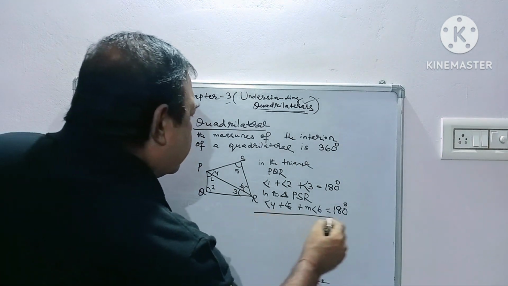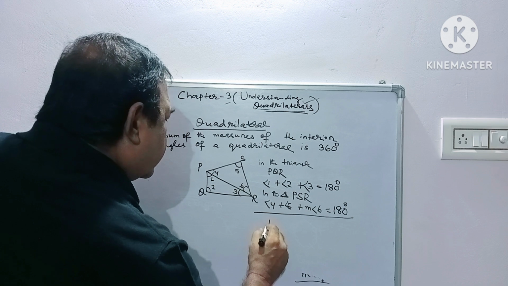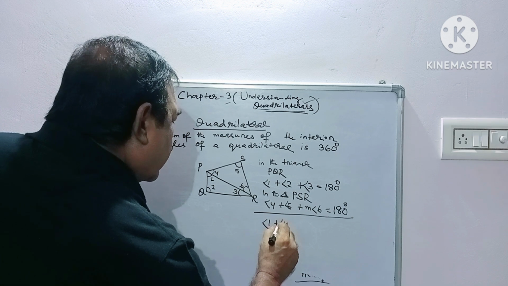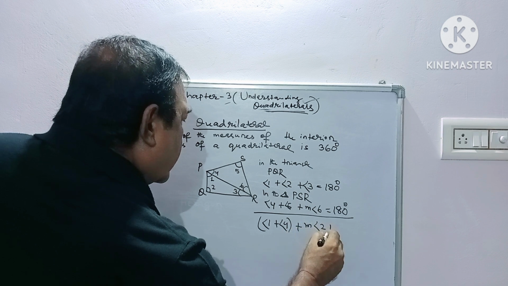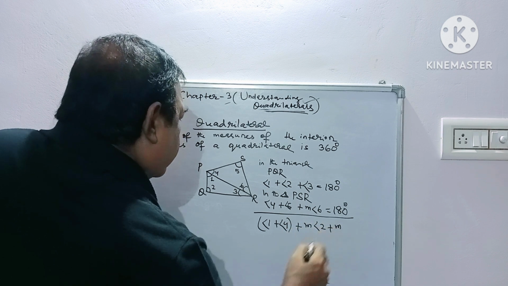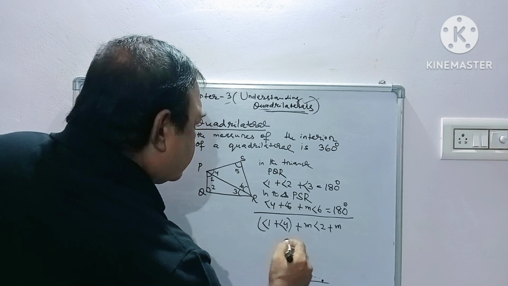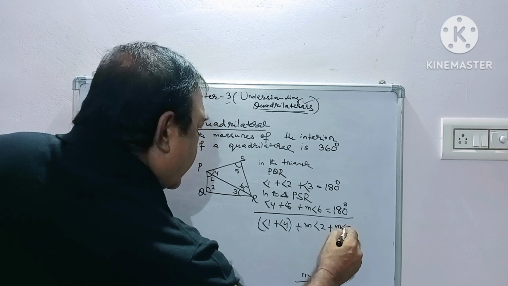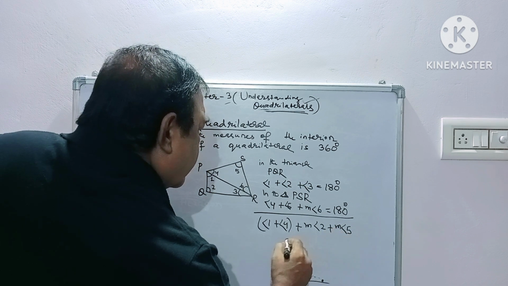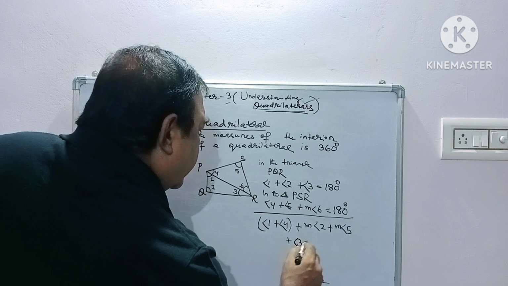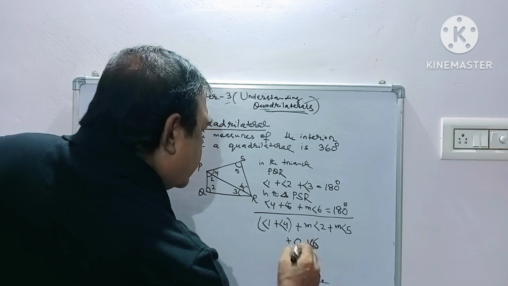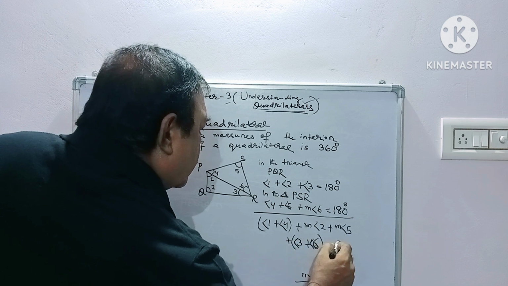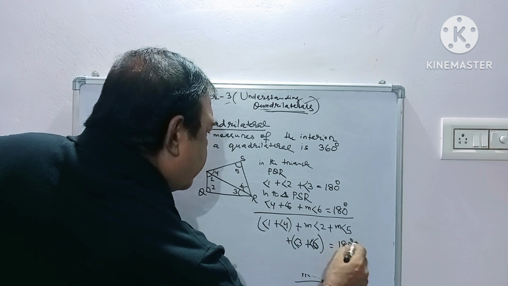So if you add, what will happen here? Measure of angle 1 plus angle 4 plus measure of angle 2 plus measure of angle 5 plus measure of angle 3 plus measure of angle 6